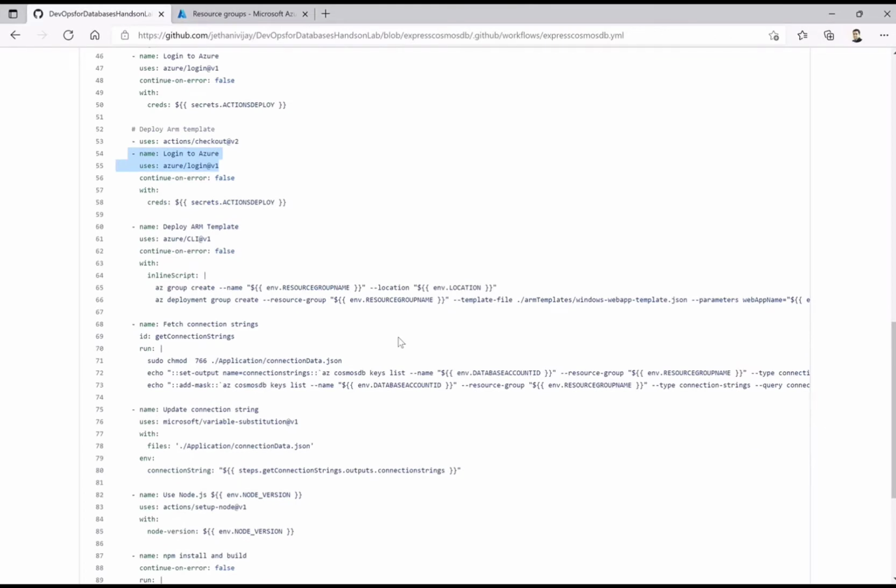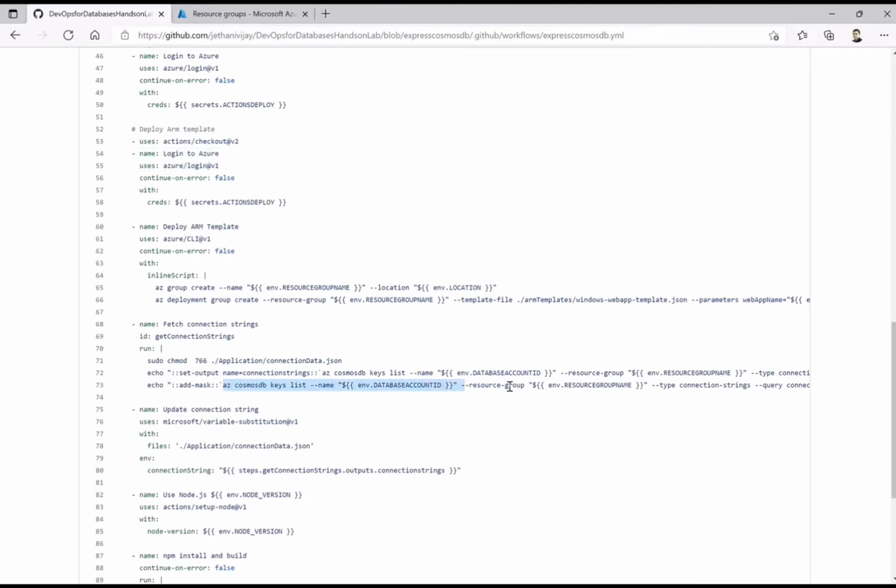Now once I deploy that, I have the code, and we have also created the services. Now the next thing is how do I integrate with the Cosmos DB? For that, obviously I need to have the connection string. So the two important files: connection data.json, I'm using one variable which is nothing but the connection string and replacing that connection string programmatically. First of all I'm fetching that connection string using these command lines.